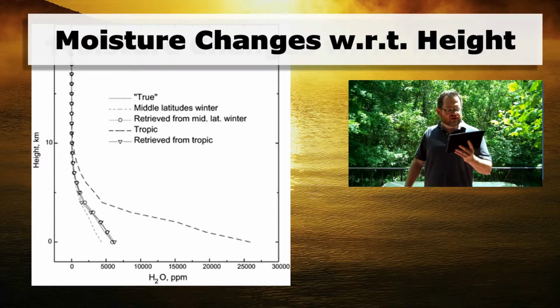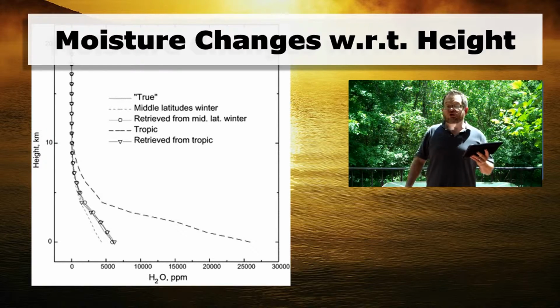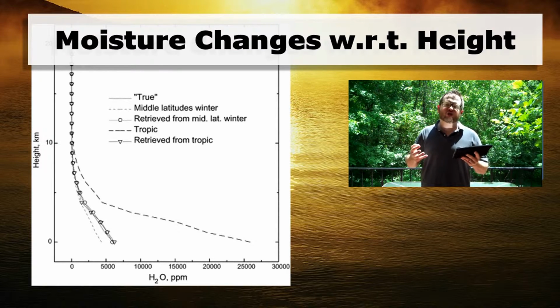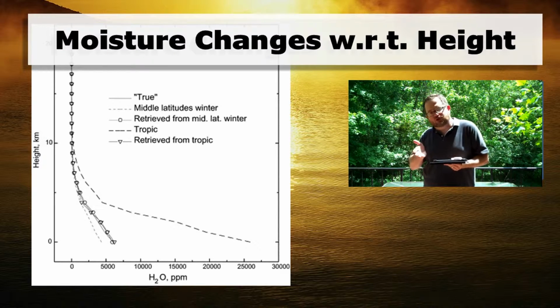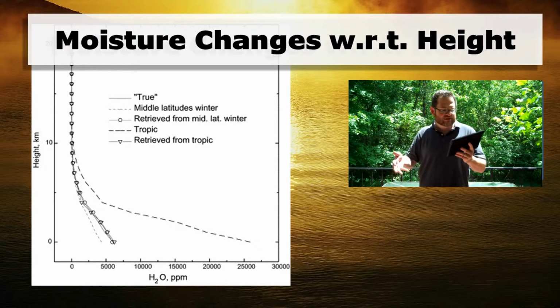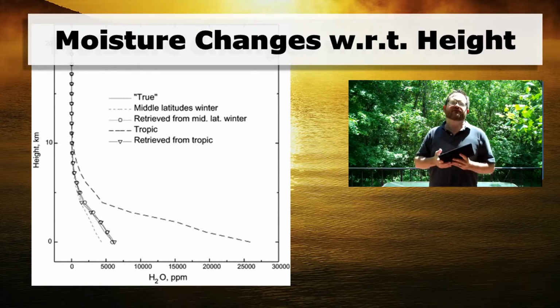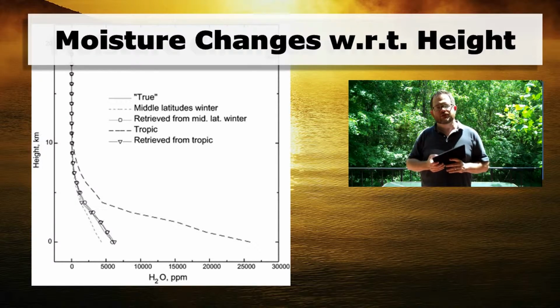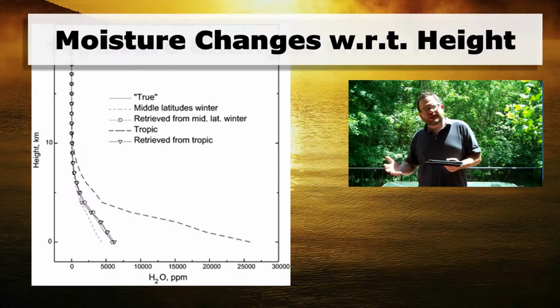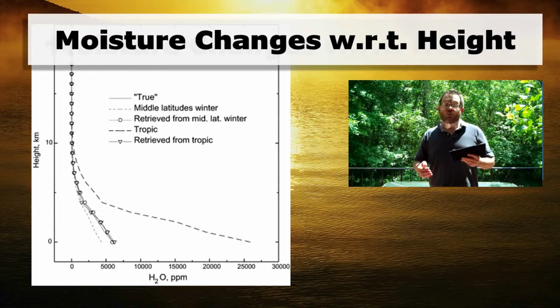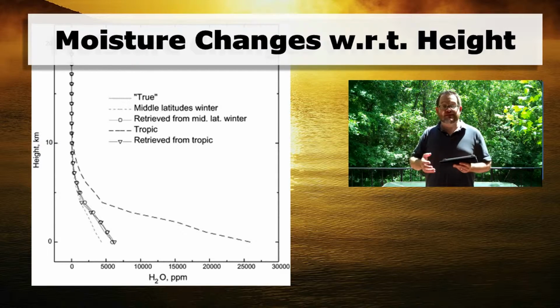Now this diagram that I have on here is a little bit technical. It has a lot of plots and so on, but basically they're all just showing examples of how moisture changes with respect to height in different environments. And what I want you to notice is all of them have the greatest amount of moisture down near the ground, at heights of 0 kilometers up through about 5 or 6 kilometers, and then the water vapor in the Earth's atmosphere is decreasing the farther up you get in the atmosphere. So we can say pretty convincingly that most of the time water vapor in the Earth's atmosphere decreases with respect